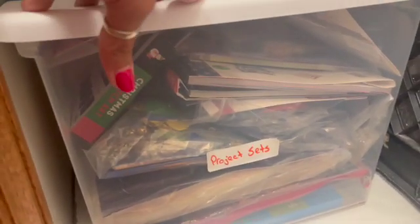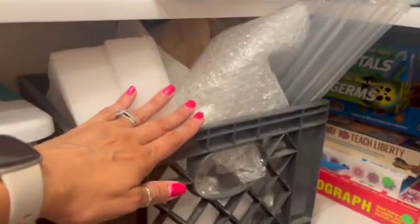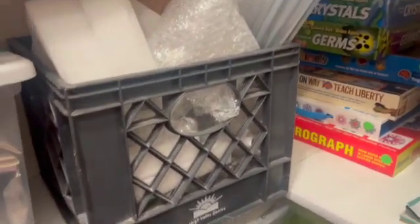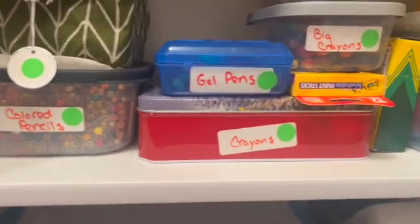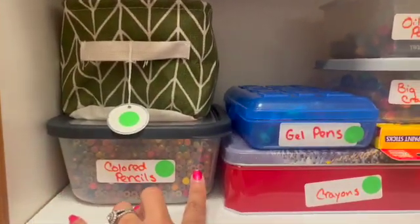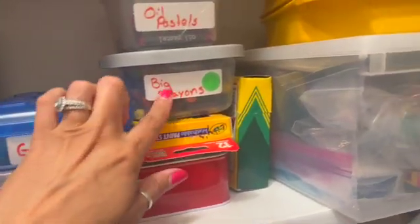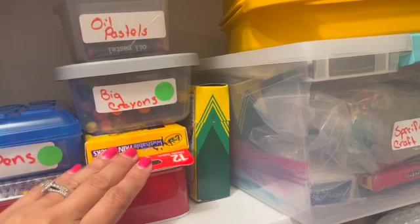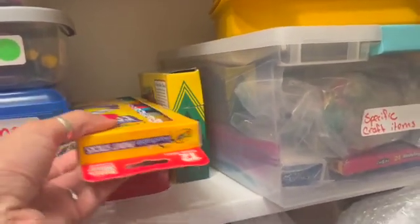I have some different little project sets in here for different seasons, different holidays, that I can pull out to do with the kids. Here, these are packing supplies that I will be reusing for shipping for eBay. And then we have just some arts and crafts supplies. So this is just all markers, all colored pencils, all crayons, gel pens, big toddler crayons, oil pastels. These are some washable paint sticks, which we haven't tried yet. I bought these for